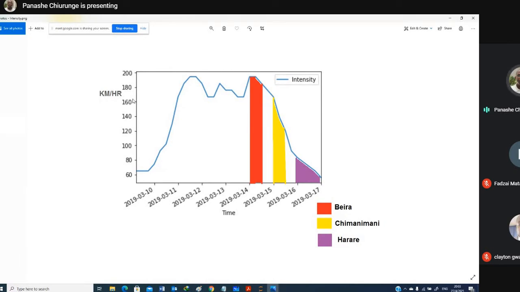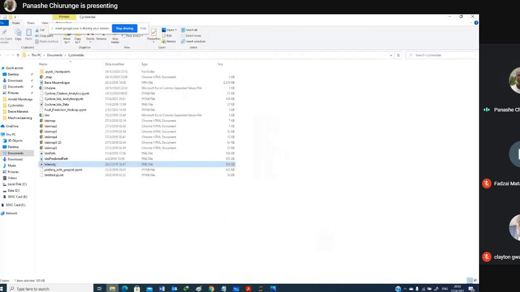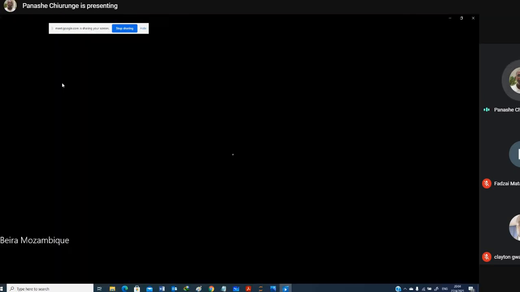So based on that, what I actually did was track the cyclone and look at the satellite image every hour, looking at the devastation the cyclone was doing. Then I would look at, for example, a day before and currently, and compare the actual damage which was done. Let me show you how. I did one for Beira,